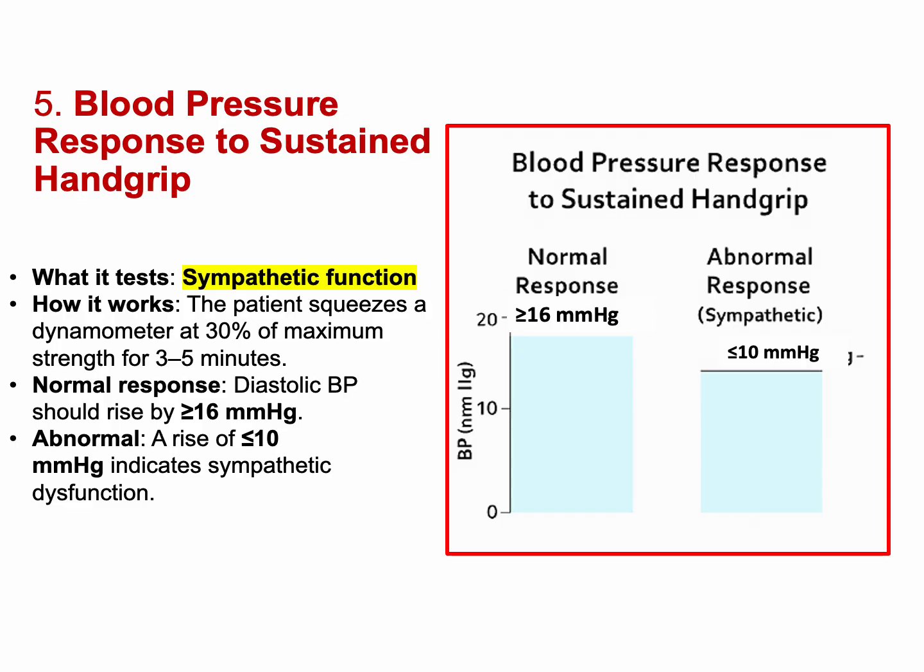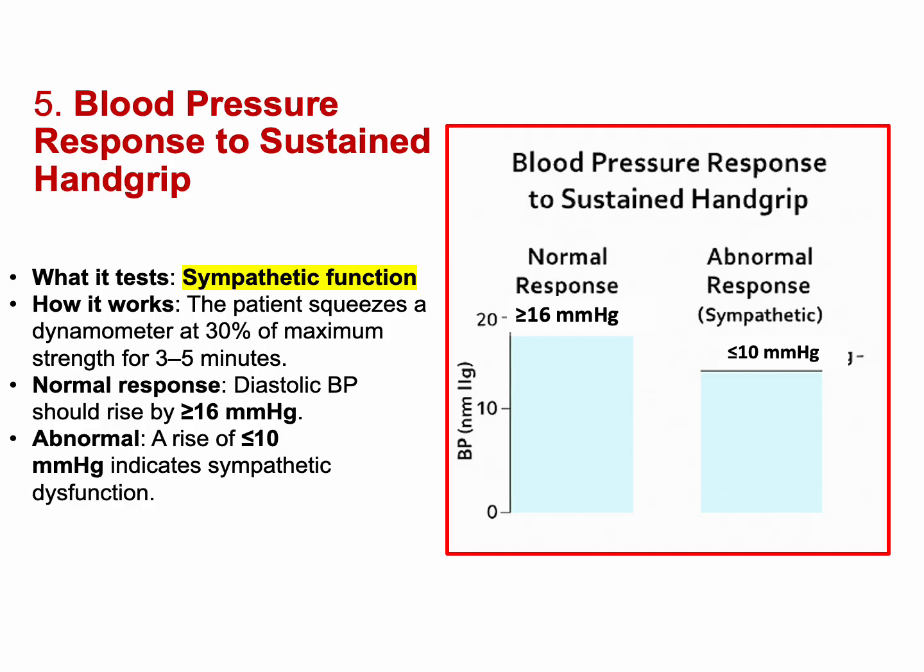And the last one is blood pressure response to sustained hand grip. This test assesses sympathetic function by measuring diastolic blood pressure after sustained hand grip. A normal rise is equal to or above 16 mmHg, and a rise of equal or less than 10 mmHg